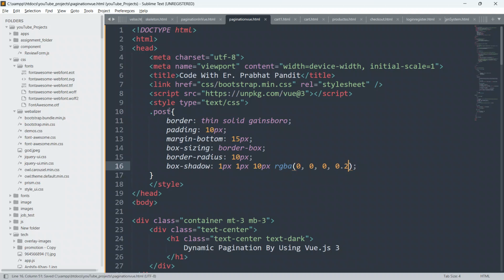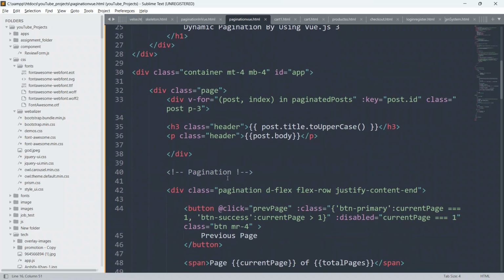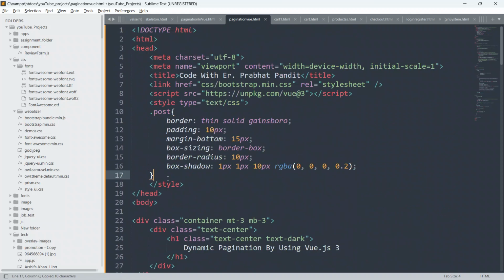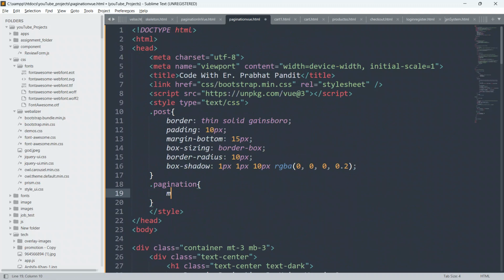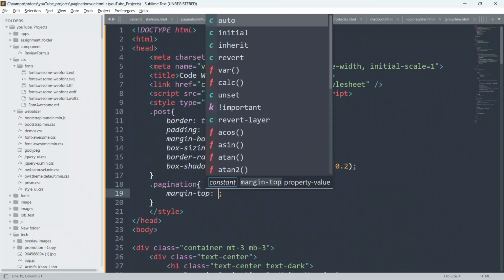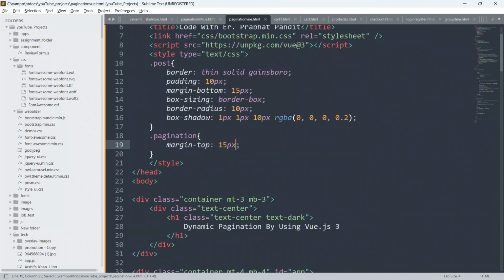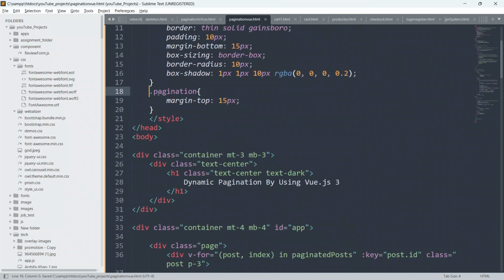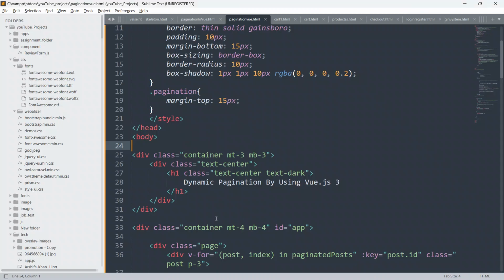Okay, so just copy this pagination class from here, and just go to the style sheet and paste here, and I'll say here margin. I will give the margin top as 15 px. Okay, so I'll just give this pagination, and yeah, button class is already there, so let it be.